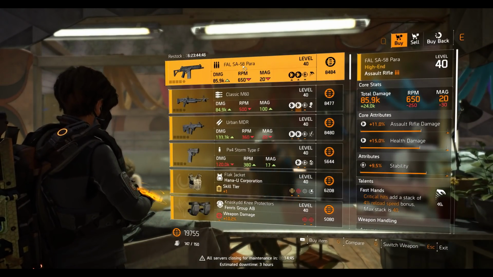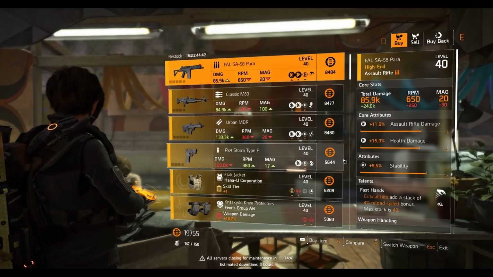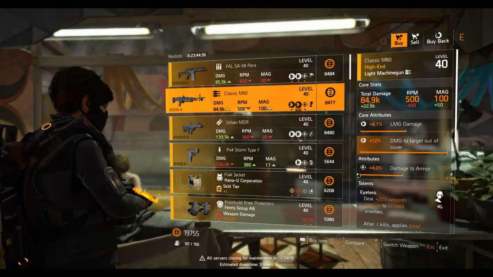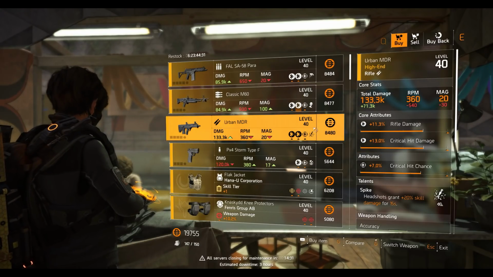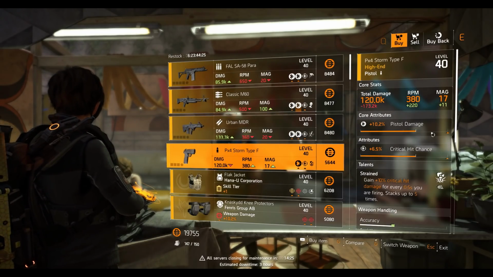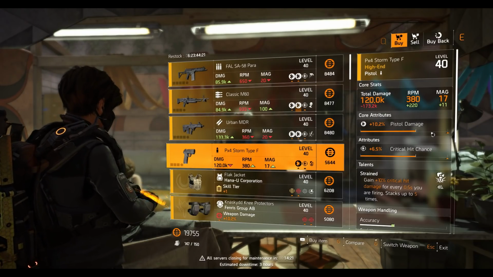We got the Fall Assault Rifle here with 11% assault rifle damage, 15% health damage, 9.5 stability, Fast Hands is the talent. The Classic M60 LMG with maxed out damage to target out of cover, LMG damage 8.7, 4% damage to armor, Eyeless is the talent. Then we have the Urban MDR rifle with 11.3% rifle damage, 13% crit damage, 7% crit chance, and Spike is the talent. The PF4 Storm Type F pistol with 10.2% pistol damage, 6.5 crit chance, Strained is the